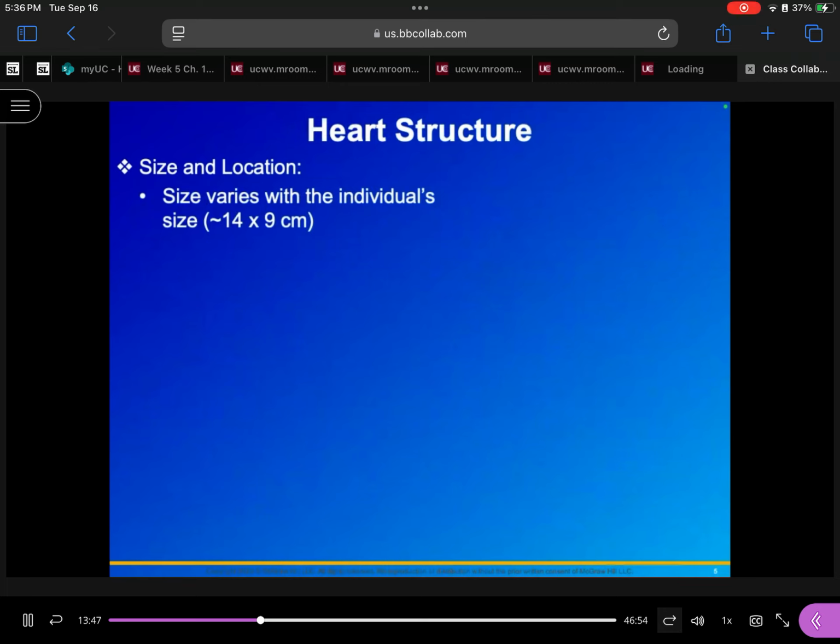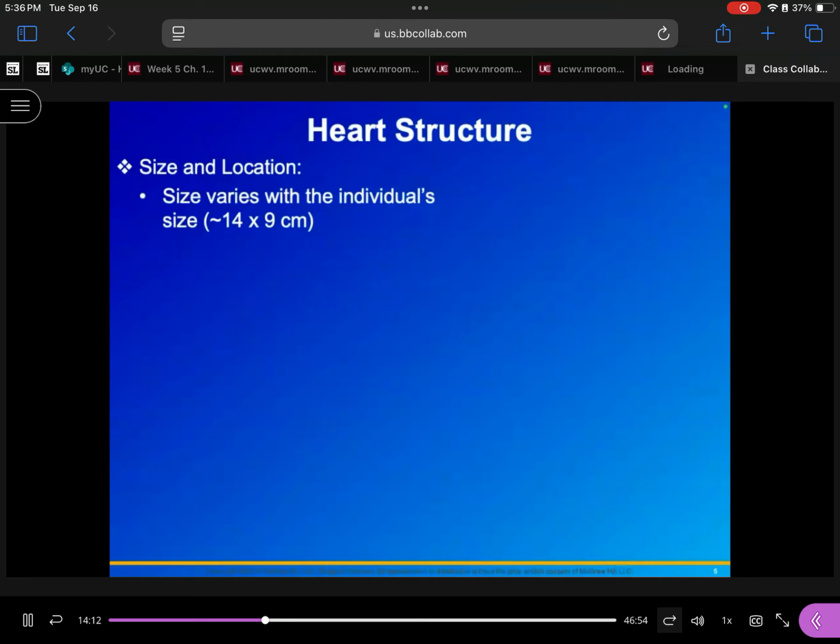All right. So I told you, you need to know this. So the size and location of the heart. The size is obviously going to vary within the individual. Someone that is 7 foot tall is going to have a larger heart than I am. And then also, there are some genetic predispositions and also just diseases that can cause the heart to become enlarged. But on average, you probably heard this before, they say that your heart is about the size of